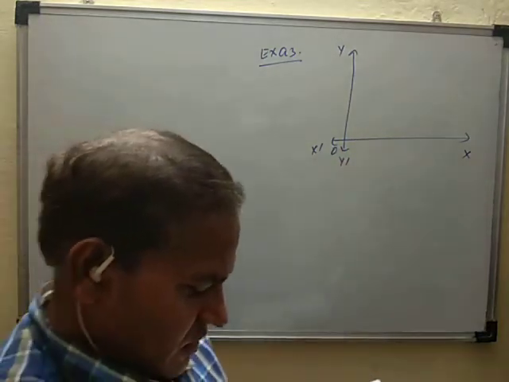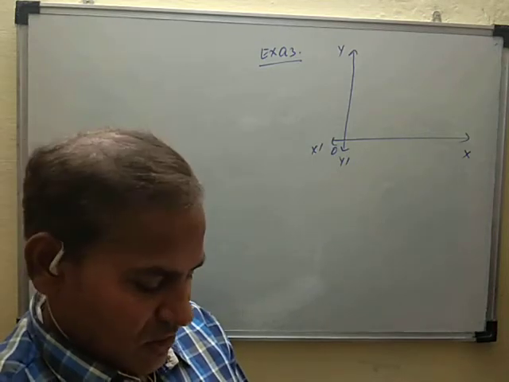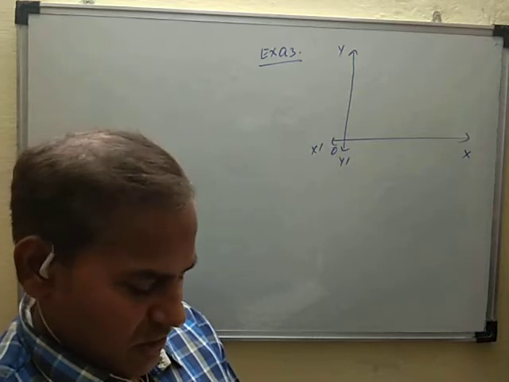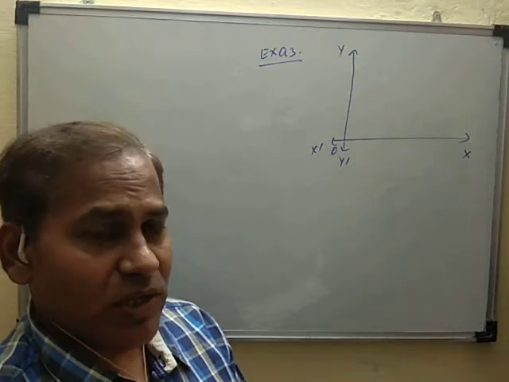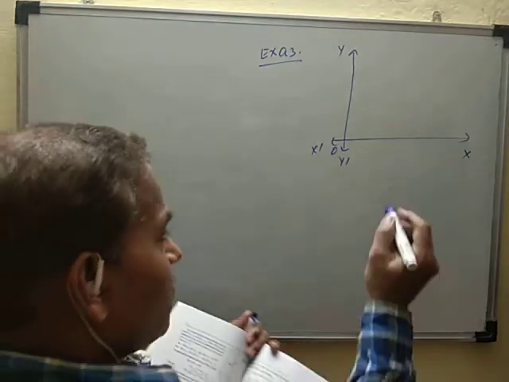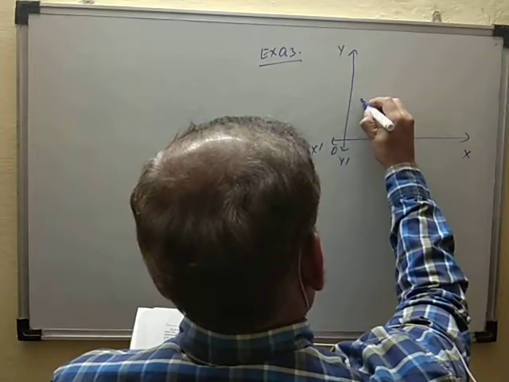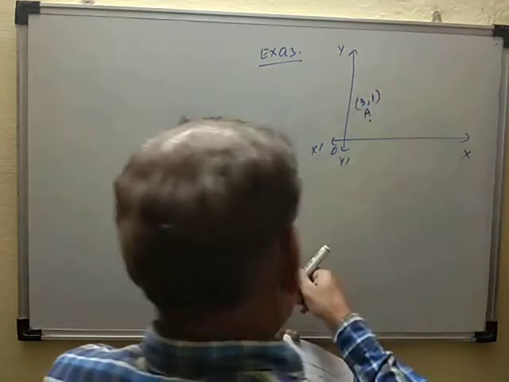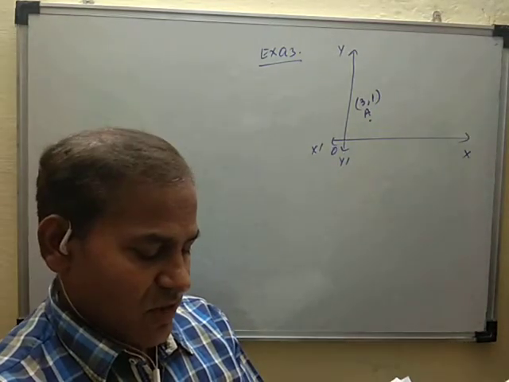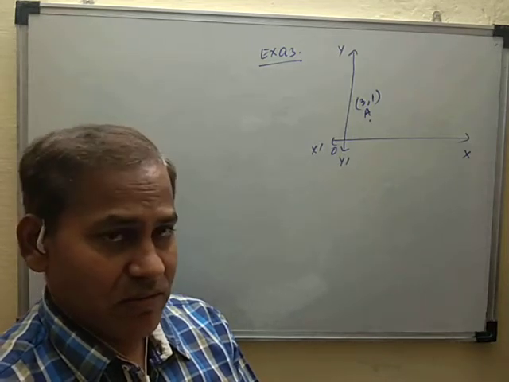And in given question paper, question point A. What is the coordinate of point A? आप पॉइंट ए देखो, पॉइंट ए का कोऑर्डिनेट क्या होगा? x is equal to 3 and y is equal to 1. Suppose point here A, x is equal to 3 and y is equal to 1. अब ग्राफ में देख लो पॉइंट ए का कोऑर्डिनेट क्या होगा? What is the x coordinate? 3 and y coordinate 1.